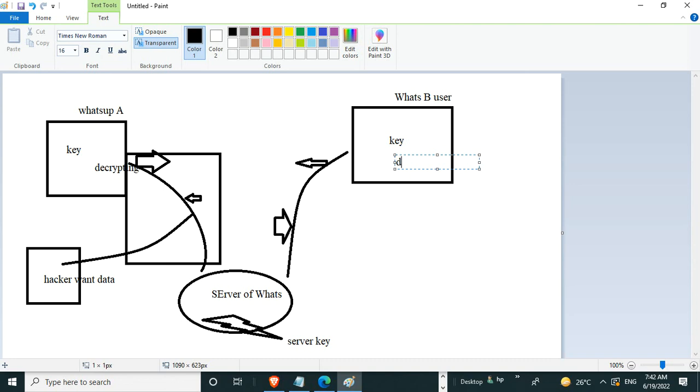Here also decrypting. So in a WhatsApp group, only the WhatsApp server has the decrypting and encrypting. End to end encryption means everybody has the encryption. So when data is being sent, nobody from outside can access it, apart from the server of this one